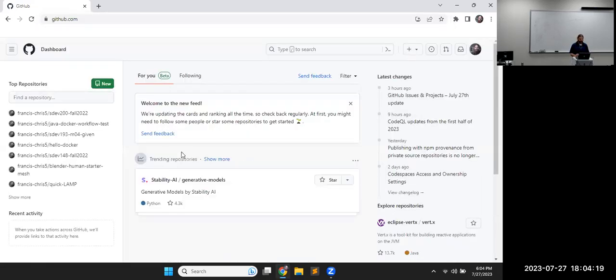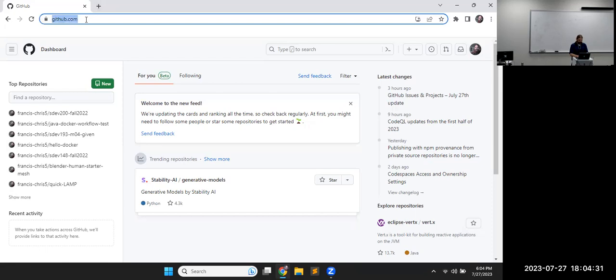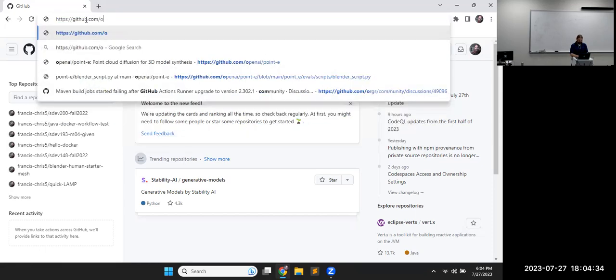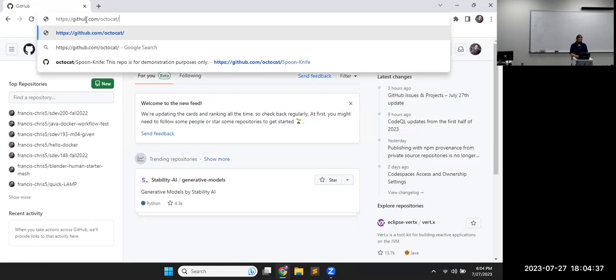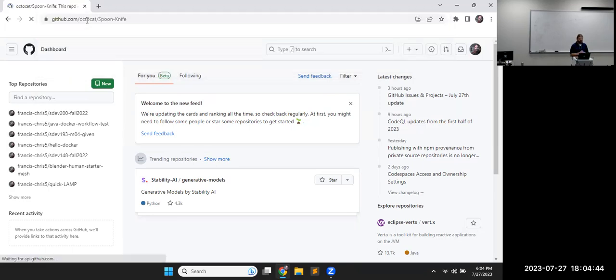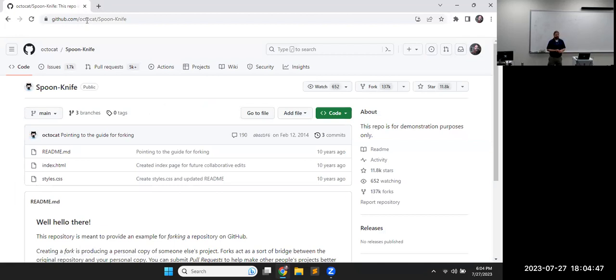I'll go on here. There's one built in for tonight: github.com/octocat/Spoon-Knife. Oh, capital S. This repository is from somebody that works at GitHub, one of the people that actually works there managing the site. They put up a repository to practice forking with,